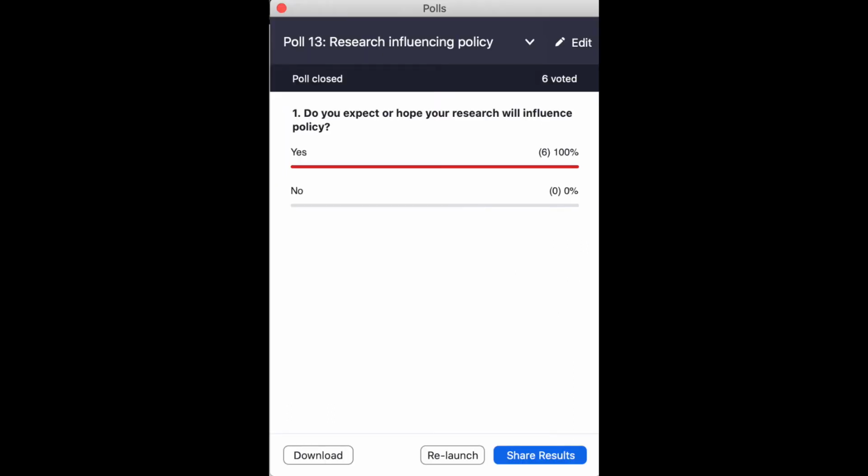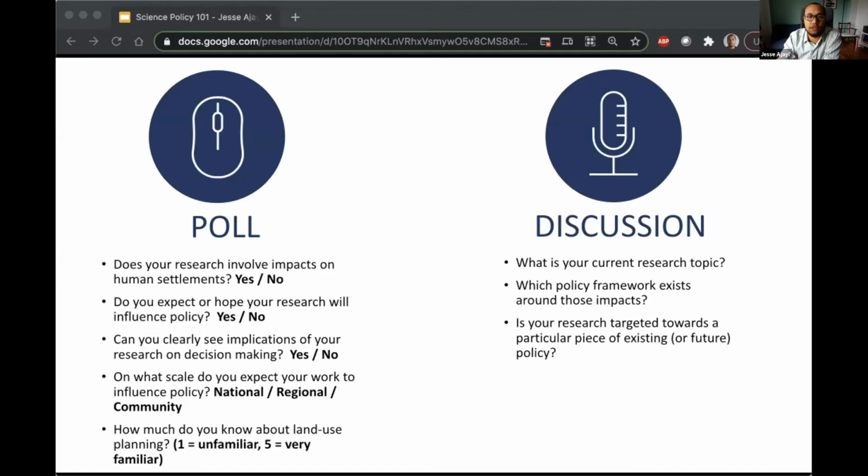The poll is now up. Do you expect or hope your research will influence policy? Okay, so that's 6 out of 6. So that's great. The next question: can you clearly see implications of your research on decision making? Yeah, this I expect to be a bit of a mixed response, and that's part of what we want to talk about here. What I'm going to hope to show is